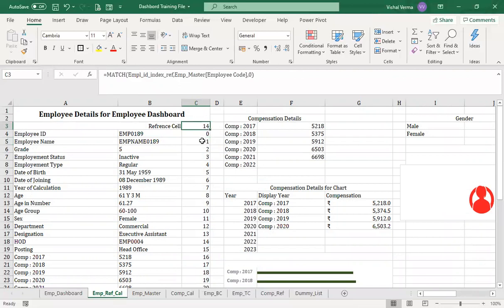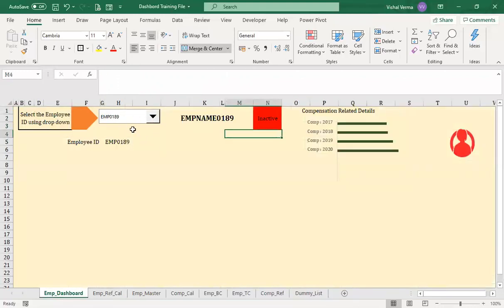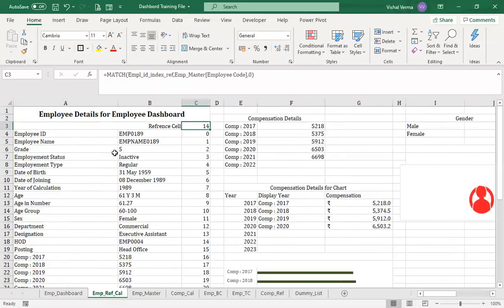Now this particular row is again linked with the dummy list. The control panel for this is related to the dummy list, and this dummy list is giving this data to the employee linking phase, that is basically the index function that we are using. Then this index function is linked with the reference cell.